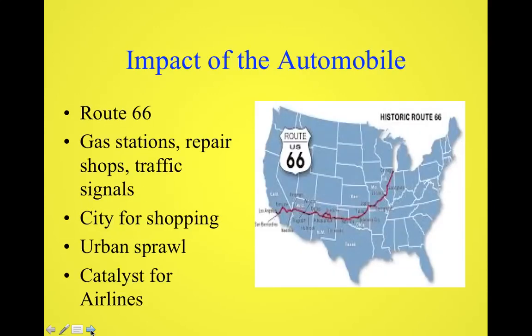That will create the ubiquity of the automobile. The automobile will be mass manufactured, and as a result, besides the National Road, which we learned about in the first try, there will be Route 66 that's created that runs from Chicago to California. This route set up many